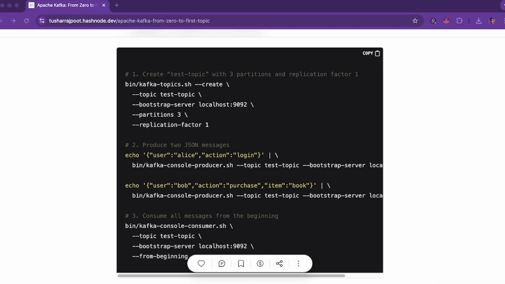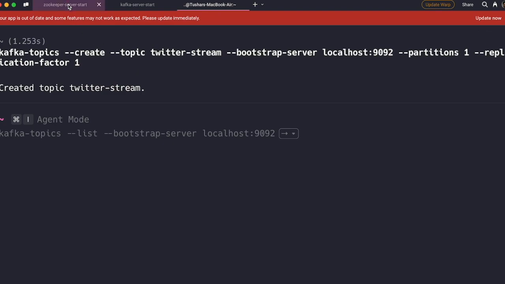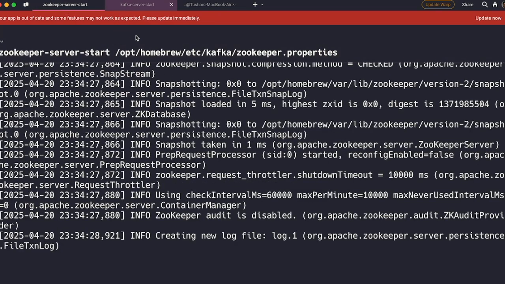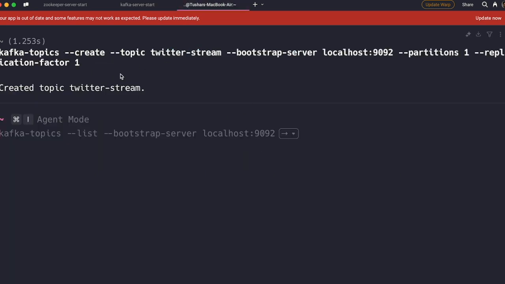So I'm running Zookeeper and Kafka both on my machine. Here I'm running Zookeeper and I'm running Kafka, and I've also created a sample or test topic. The topic name is Twitter stream, but I will be creating a new topic as well. So I will be just naming it like Kafka topics,